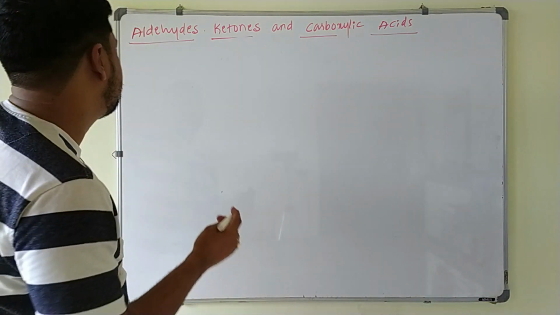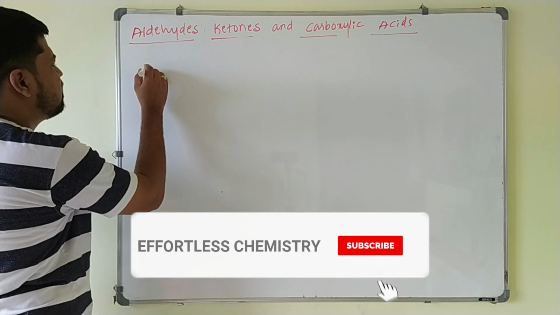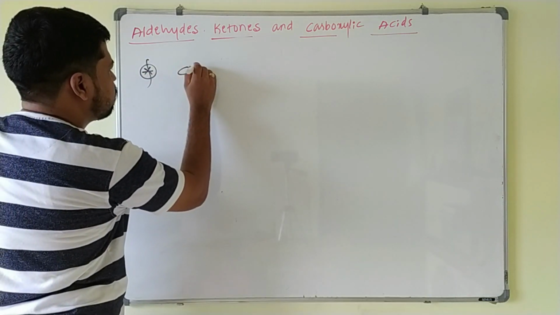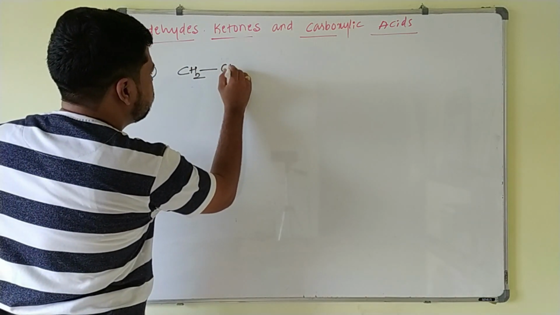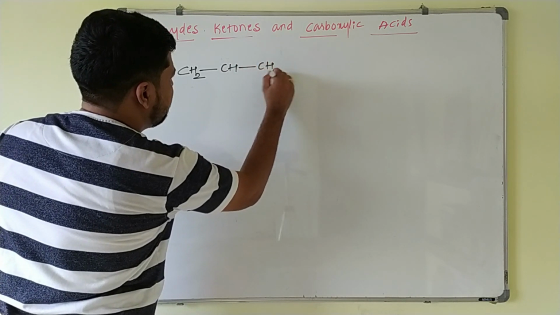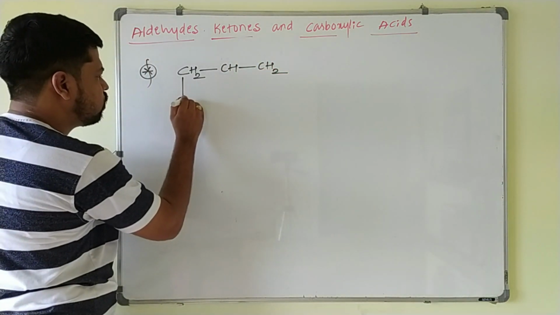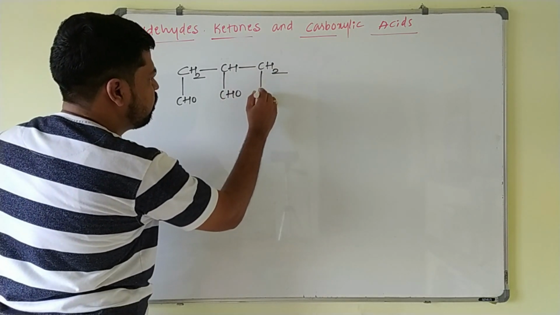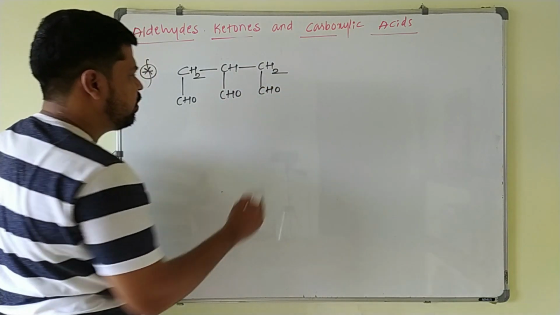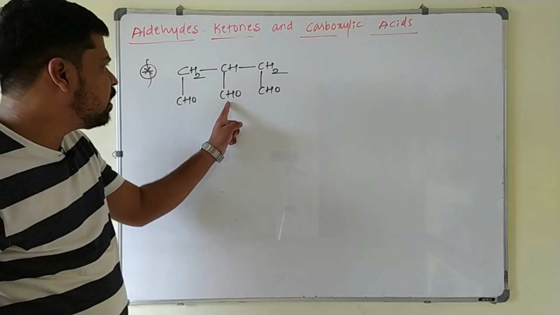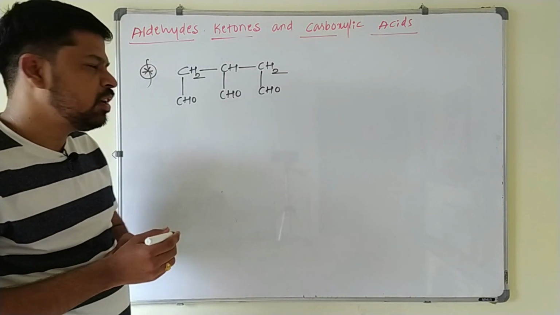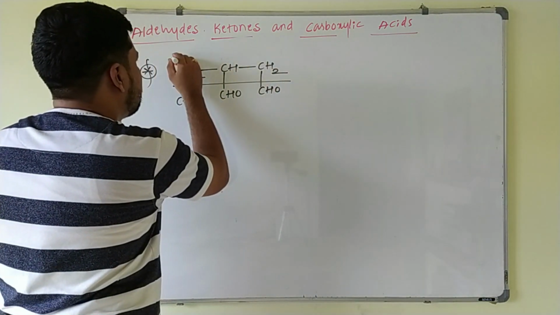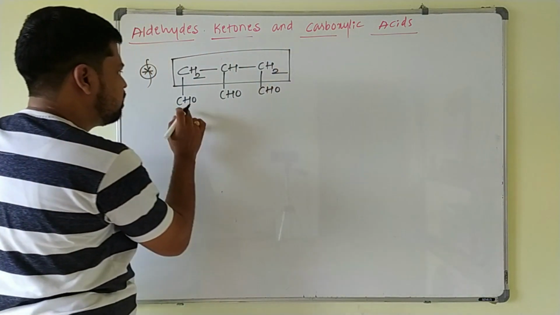So the next example is a special example. Here CH2, CH2, an aldehyde group is there, here also an aldehyde group, and here also one aldehyde group. Whenever 3 or more than 3 aldehyde groups are present on an unbranched alkane, then they are named as derivative